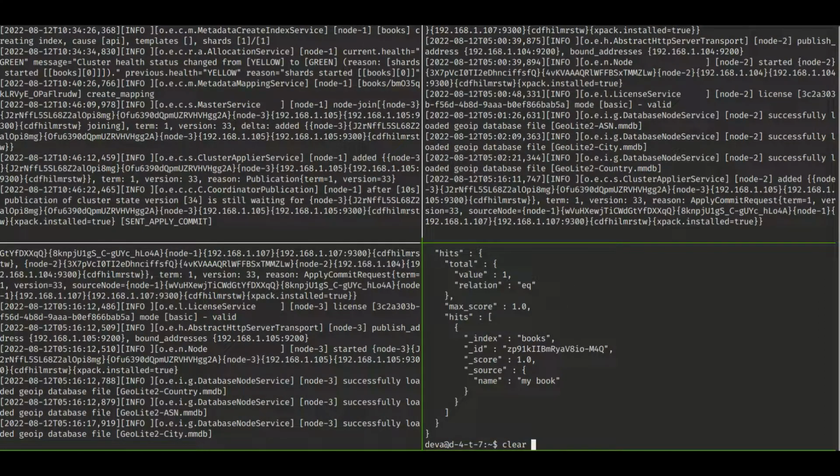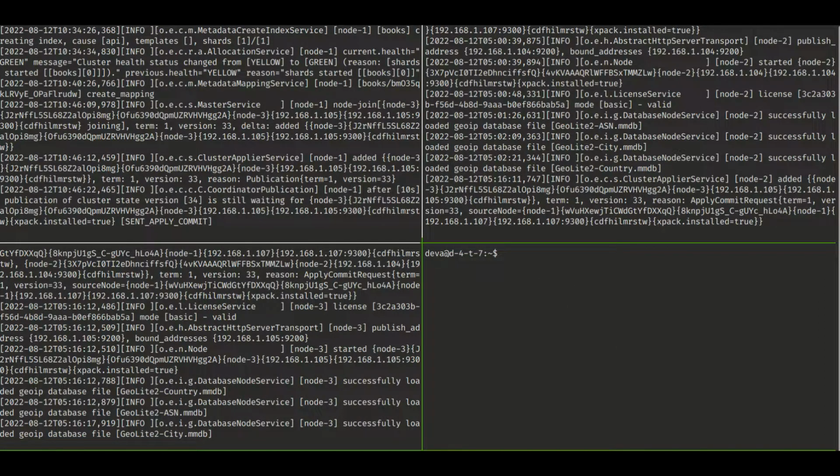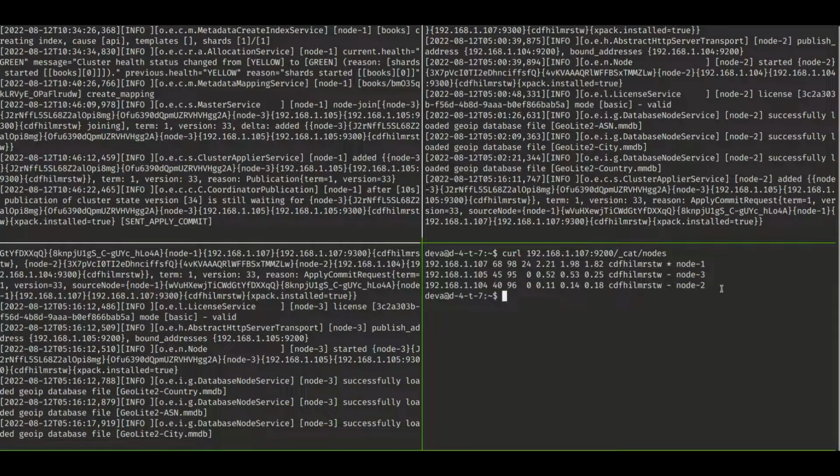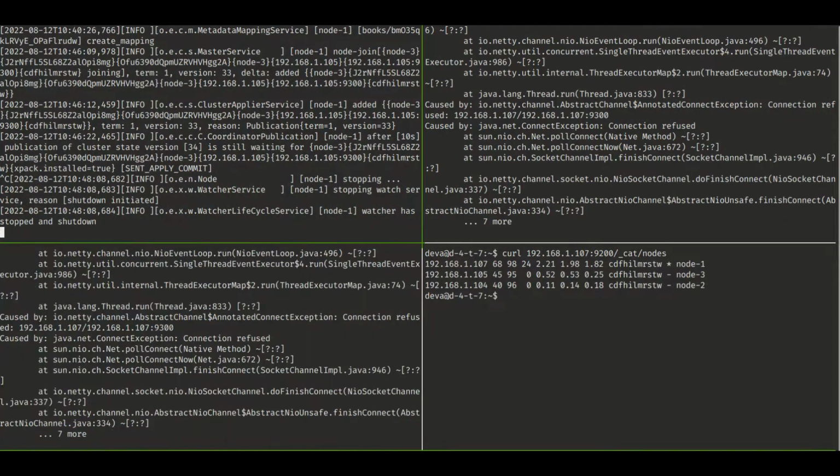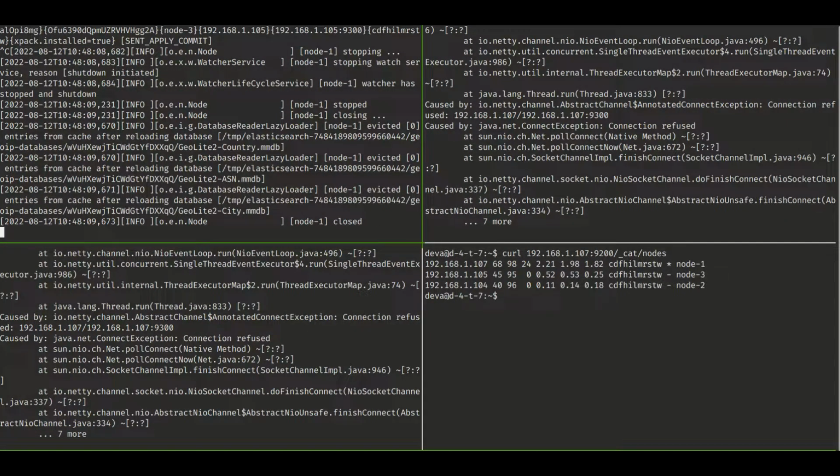So now let us check if high availability is there or not. Let us open the cat nodes output here once. Here you can see that currently we have 3 nodes, and node 1 is master, another 2 nodes are working as slave nodes. So now let's intentionally crash node 1. I'm just going to stop it, just Control C will stop it on node 1. So node 1 is down now,